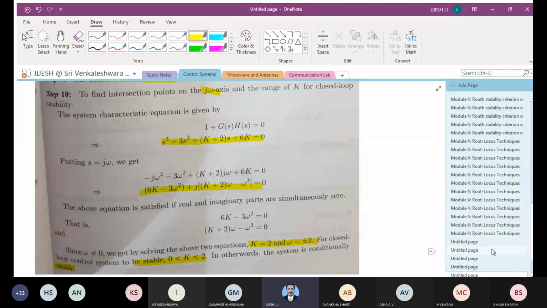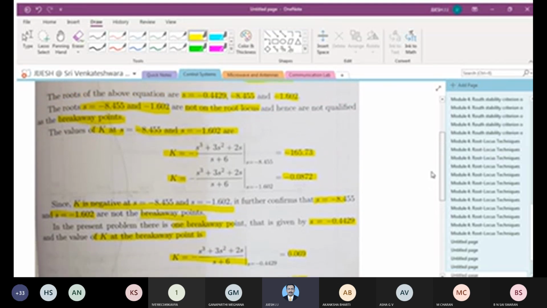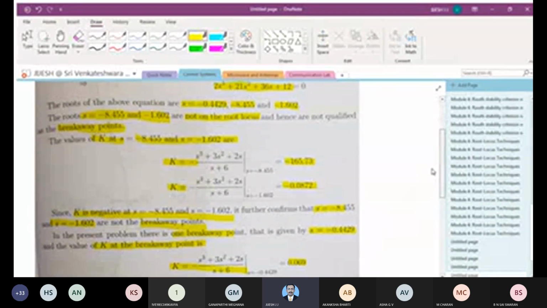You can make a plot of this as well. So all of you can complete it and plot it. We have done quite a lot of problems. You will be able to do it.